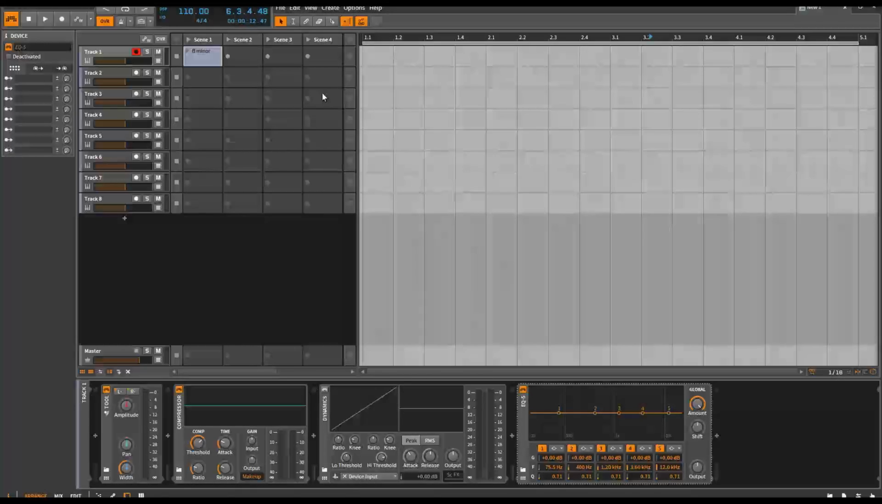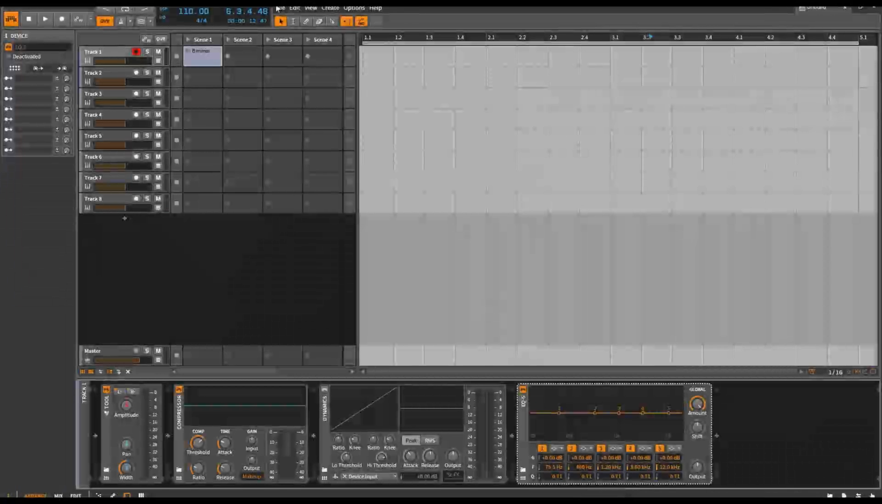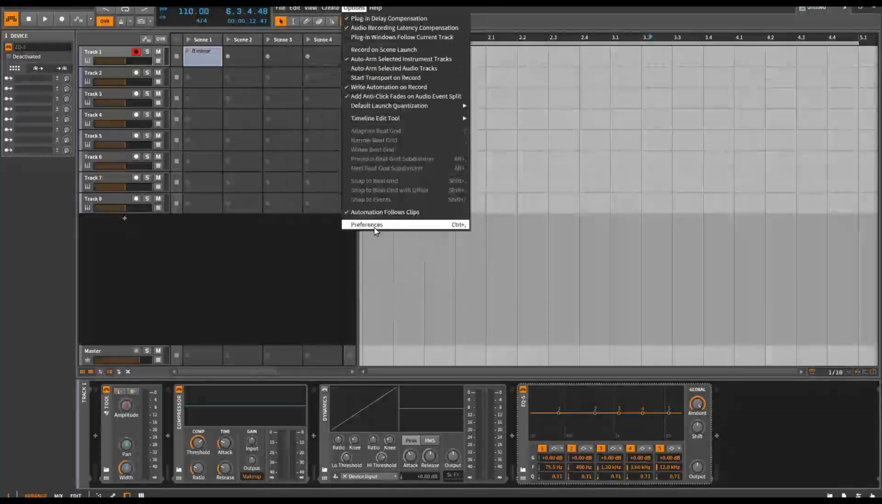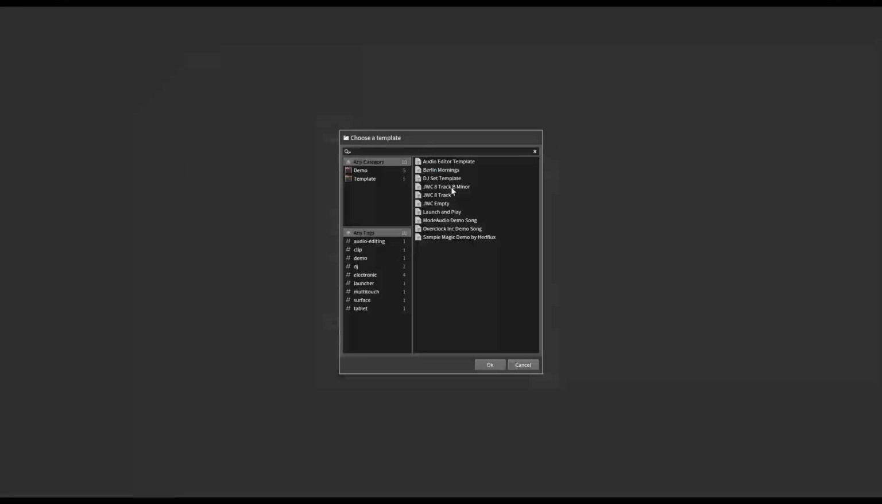File, save as template. B minor. So JWC 8-track with B minor. That's pretty much it. Hit OK. Now what you want to do is go over to options, go to preferences, and then under your template, click right down here, go use a template for a new project. Okay, you're going to click here, you're going to go to JWC 8-track B minor, hit OK, hit OK again,